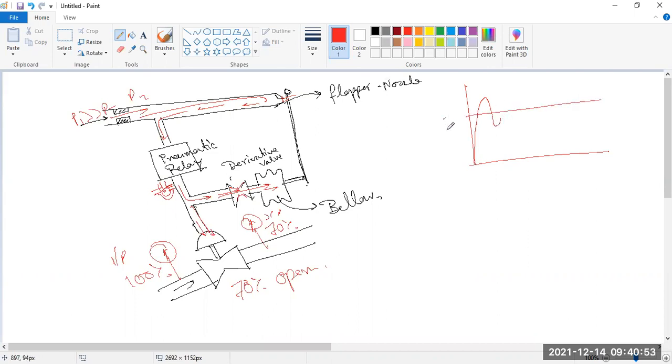So if there is 70%, and then this is your 100%, and sometimes it is going lower because you just close this, and then you again open this, so it will go in this way. Okay, it is oscillating, then it will reach the stability point.